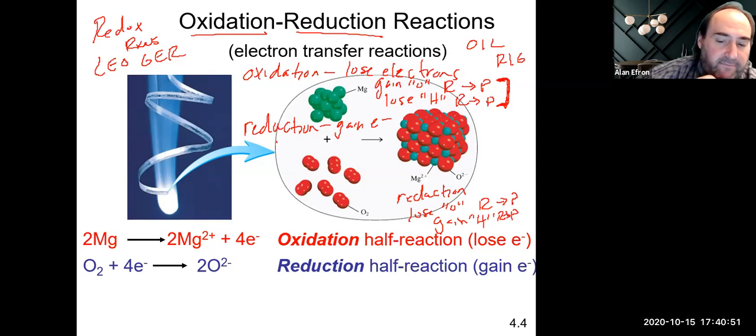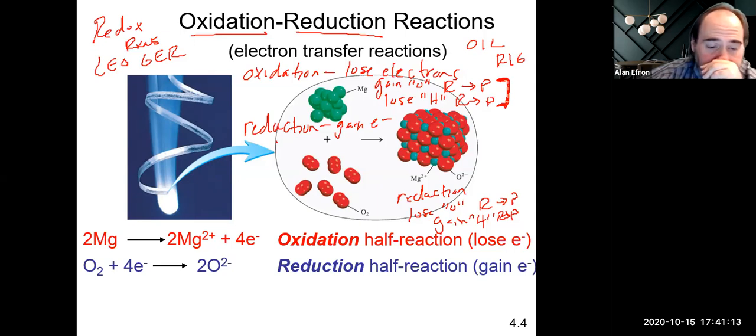So again, for us, probably more so the electrons is definitely what we deal with the most in general chemistry. But those are two other definitions which are important to keep track of. So when we look at a reaction like this, an oxidation and reduction reaction, we can